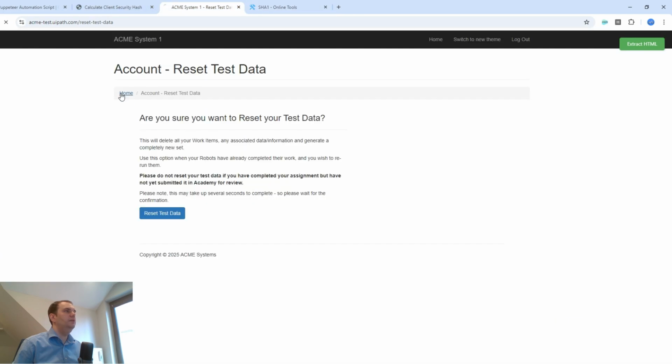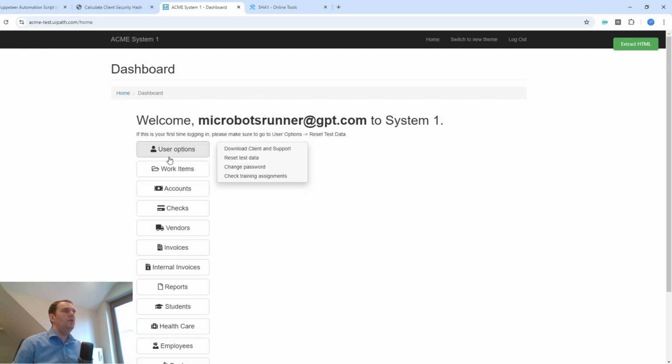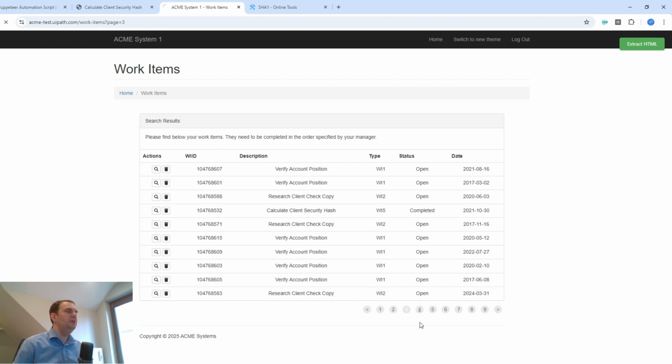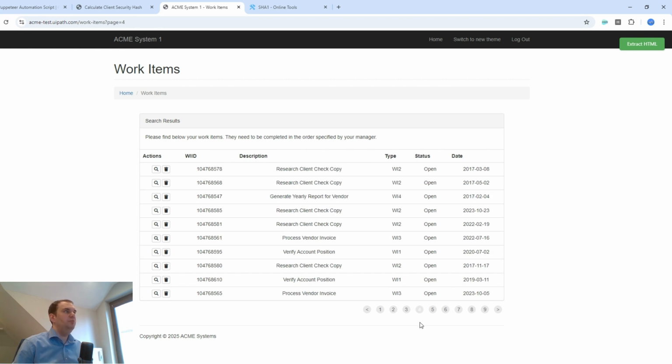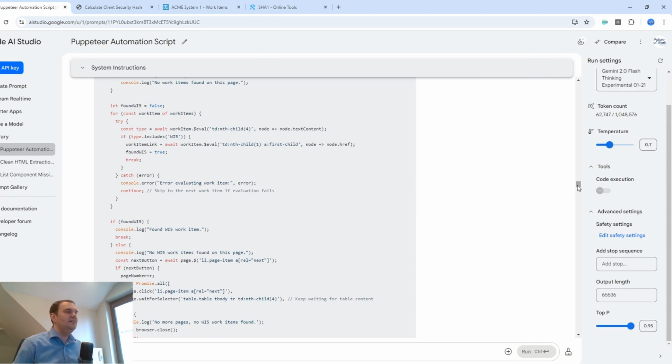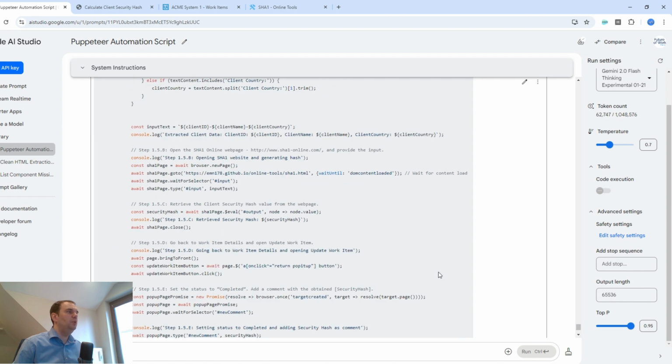And all is done. If you go to work items, you will be able to see that every item has been processed. I think there is a small bug with the text, but nothing big. Probably it can be just fixed with one prompt. The biggest thing that surprised me is that Gemini models can output the entire